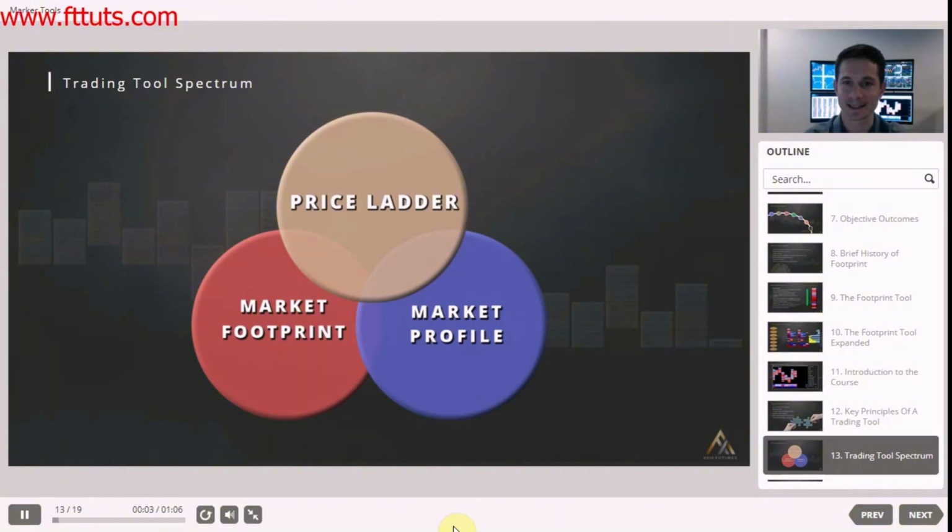When we get to units 6 to 15, we're going to start developing trade strategies. Every single practical example within the trade strategy units, we're going to be utilizing all three tools combined. The reason is very simple. The price ladder allows us to perfect execution. The market profile or candlestick allows us to develop context. And the market footprint allows us to develop confidence in our execution. Therefore, we can leverage up on our favorite trade strategies. All three of these tools together combined allow us a cross-pollination between tools